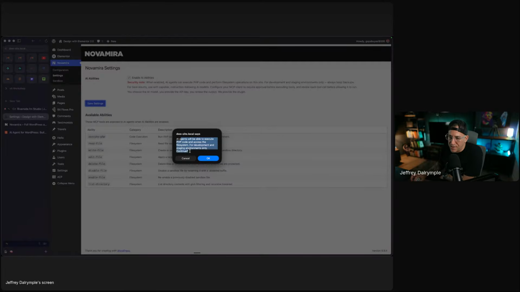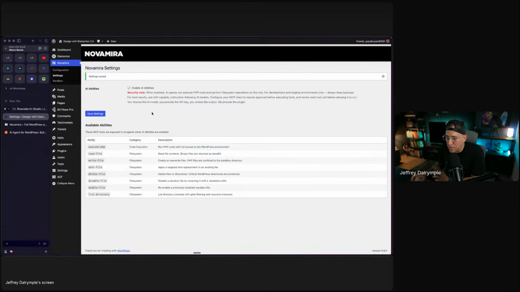Okay, so this is a reason why I wanted to test this particular MCP out. It could execute PHP code. Now that is exciting and scary at the same time. This is the reason why I'm doing it on a burner website, just to test it and try it out. But I could see this, once you get good at it, understand it, being something to use for building plugins directly inside of WordPress, creating add-ons, doing stuff like that.